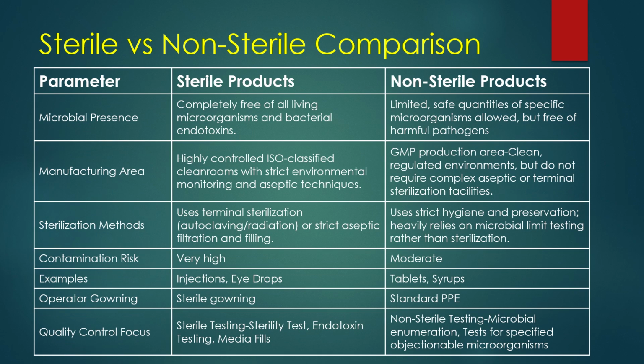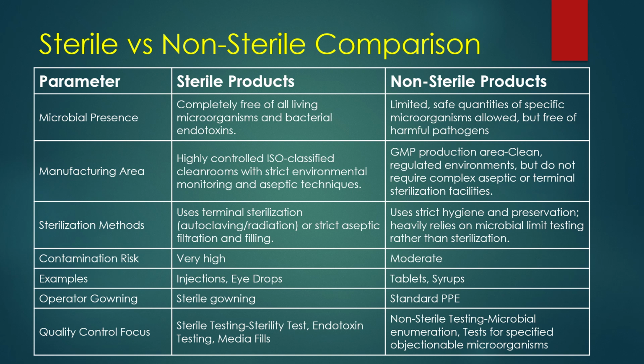Sterile versus non-sterile comparison. Sterile products are completely free from living microorganisms and bacterial endotoxins to ensure maximum patient safety, while non-sterile products allow limited, safe quantities of specific microorganisms but must remain free from harmful pathogens. Sterile products are manufactured in highly controlled ISO classified clean rooms with strict environmental monitoring and aseptic techniques. And non-sterile products are produced in GMP production areas with clean, regulated environments but without the need for complex aseptic